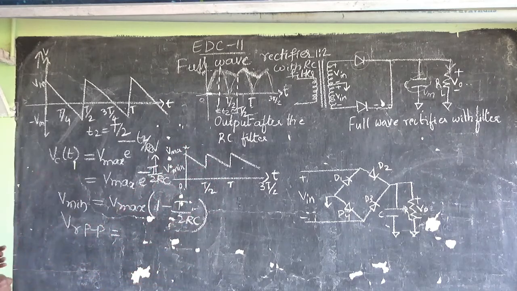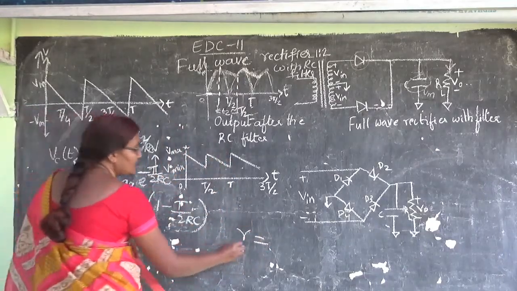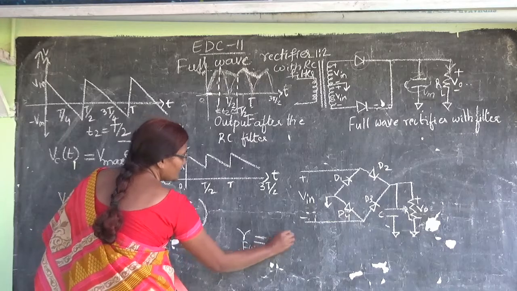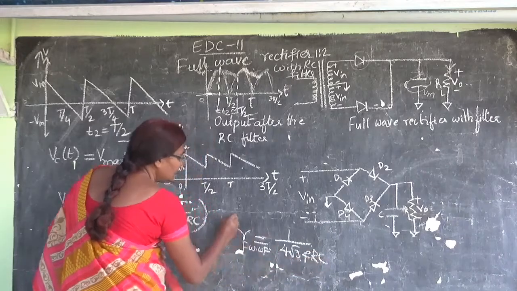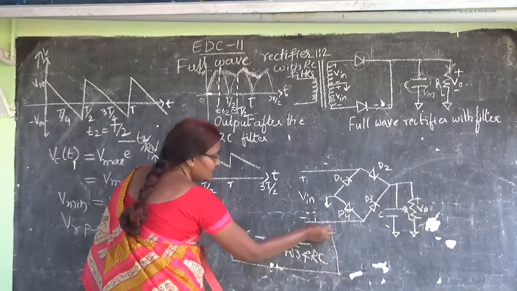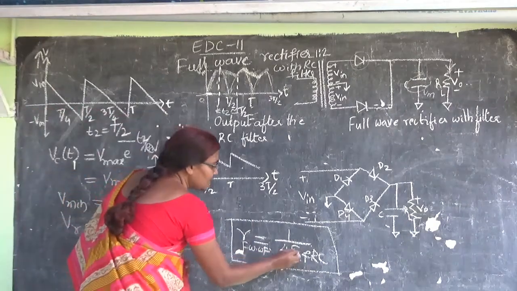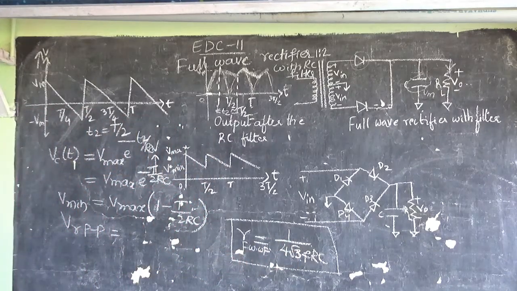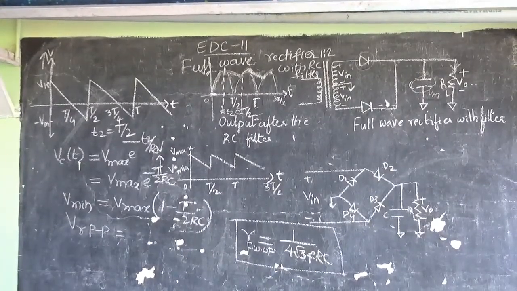That is an exercise for you, and let me give the value of V ripple in this full wave circuit. The ripple for the full wave circuit with filter is going to be 1 by 4√3 FRC. Prove this by following the previous video yourself. This will be of value 1 by 4√3 FRC. So this is your homework. So we go for the next topic, that is going to be the varactor diode.